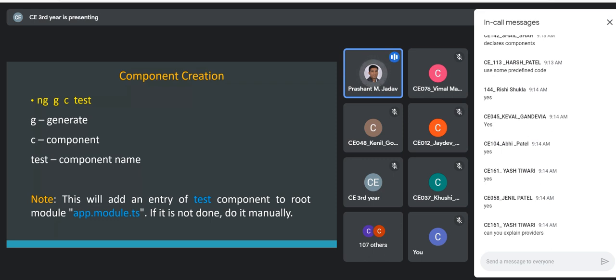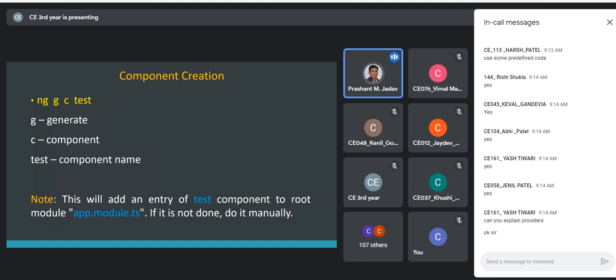Right now, we have not discussed it in much detail, but there are 3 different ways in which services can be used, and 3 different scopes of using the services. Whether to use it within the module, whether it can be accessible outside the module, or whether it is restricted to one particular component. We'll see that when we cover the services in more detail. Okay, fine. So let us continue with our slide.